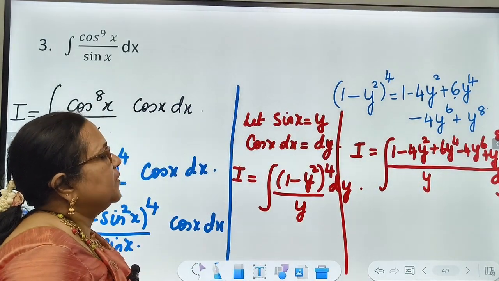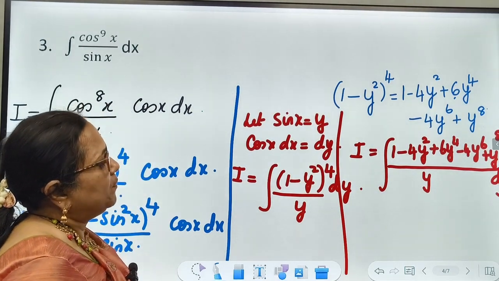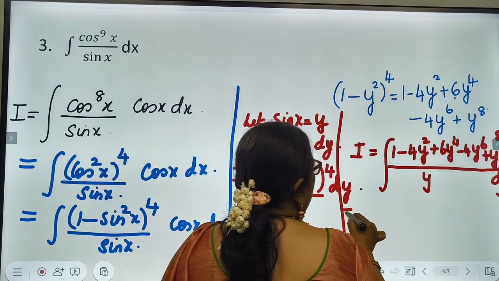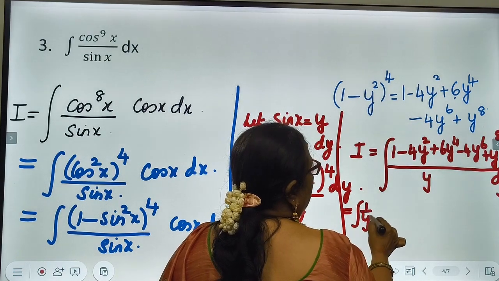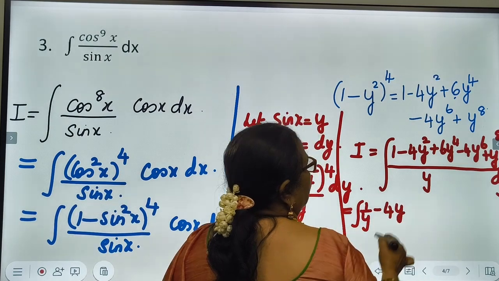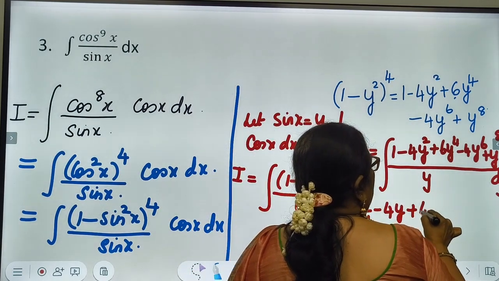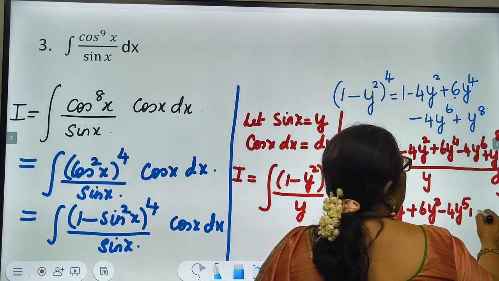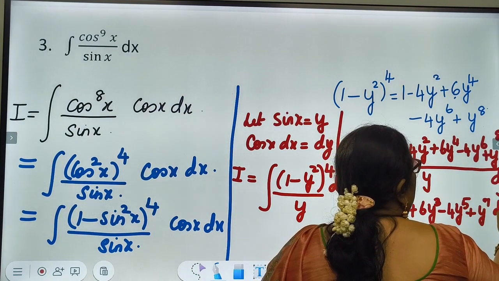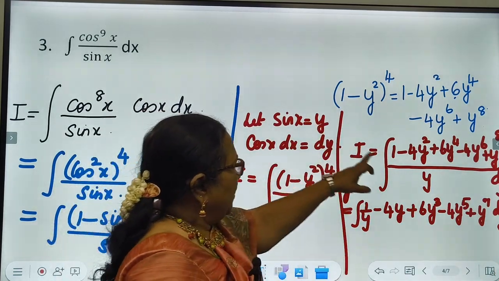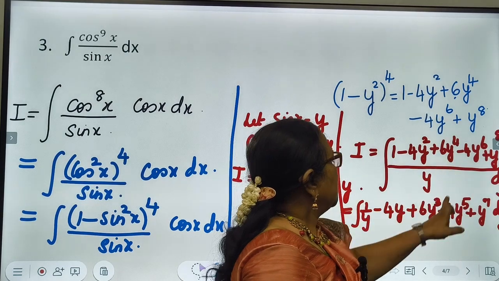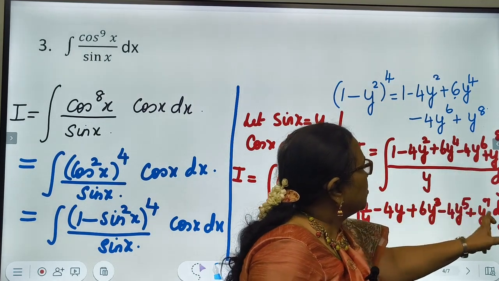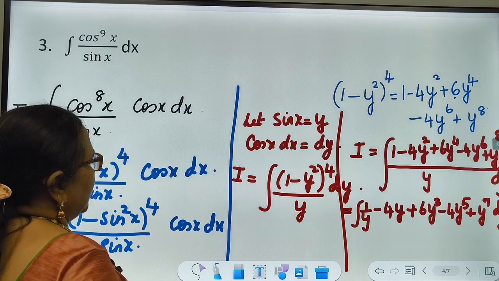1 minus 4y square plus 6y power 4 minus 4y power 6 plus y power 8. Now if I divide by y, I will get integral of 1 by y minus 4y plus 6y cube minus 4y power 5 plus y power 7 dy, since y power 8 by y is y power 7. So when I integrate, I will get